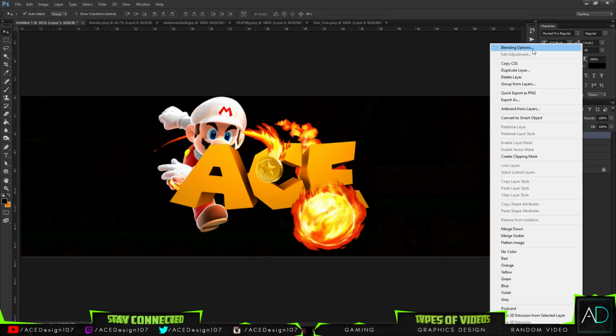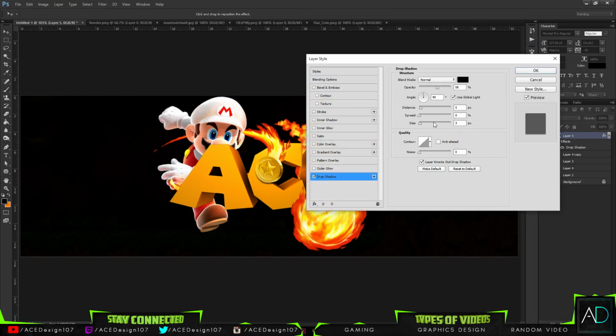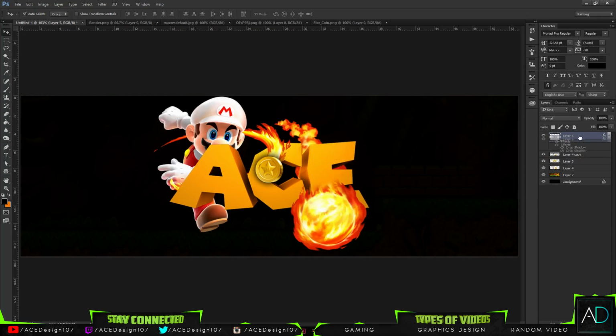Okay, so with this one, I'm going to go to the blending options, do a drop shadow. We're going to just go to the opacity, do that 100%. The 0 distance, but we're going to pop some size and spread on this one. So maybe something like that should do the justice. Okay, and drag this one below the flame. So then on the flame,